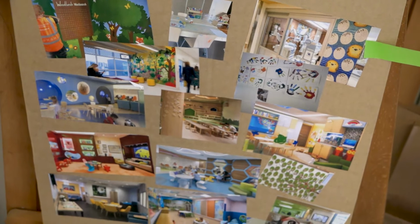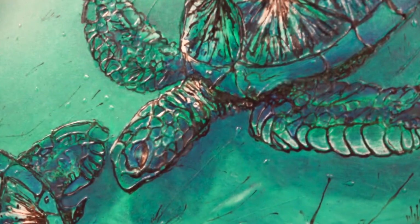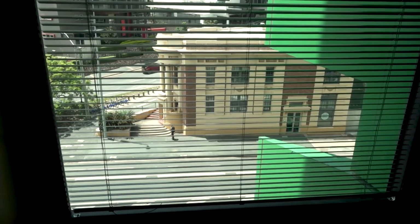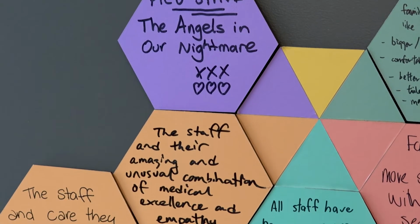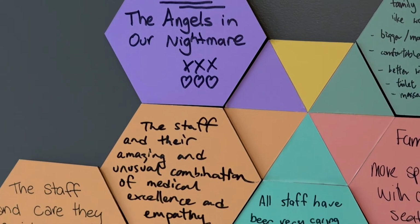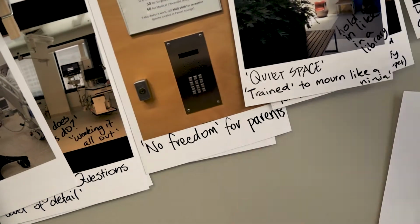So for different cultures, I don't think this environment is very helpful. But let's just talk the Aboriginal population. 90% of them are from up north, who live in an area that has not got lifts. They don't have the shops that we have. They don't have access to all this. So this is totally foreign to them. The first thing is on their expressions, on their faces. You kind of read everything of what they're experiencing,